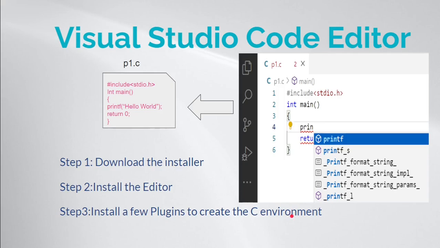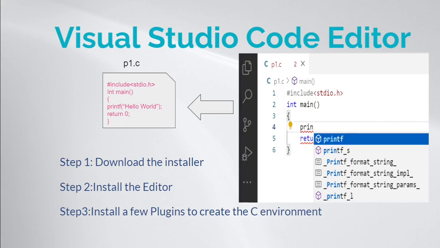you can let Visual Studio Code Editor know in advance what the syntax is, and what the inbuilt functions are. All this information you can put inside Visual Studio Code Editor. You do not have to do much there. It's just like pulling some plugins from the internet, that's all. So that way you will be putting some advanced information about the C programming language in Visual Studio Code Editor. That information will be useful for you when you actually type your code. That way, while typing the code itself, you'll know if there could be any possible error in your code,